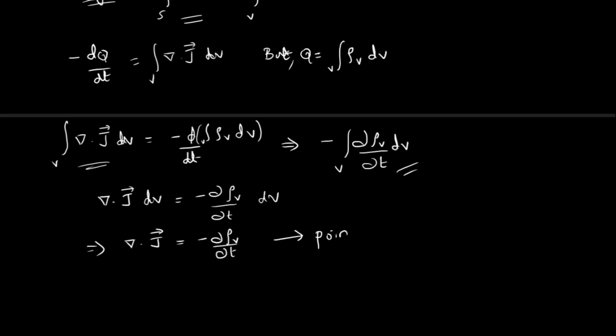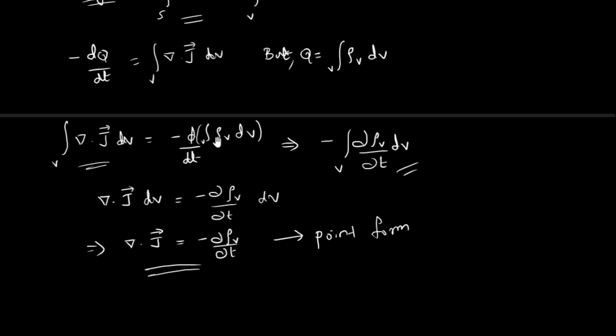So how did I get this? I got this purely from conservation of charge. I reached this equation just by using conservation of charge. Don't forget that the continuity equation is purely from conservation of charge. That is, the total charge coming out of a closed surface is equal to the reduction of charge inside that closed surface. That's it. So using that I can directly write the integral form.